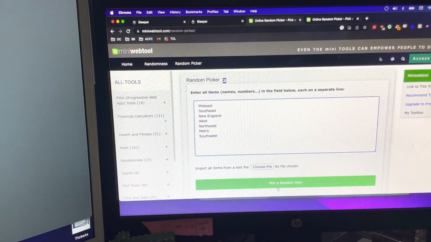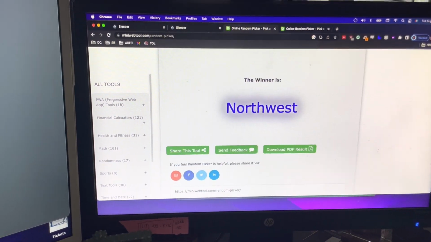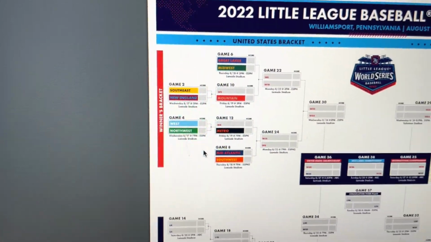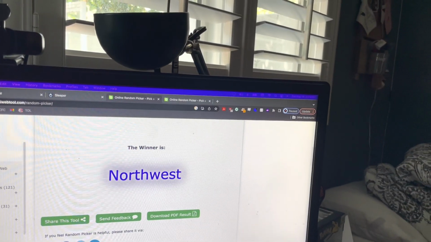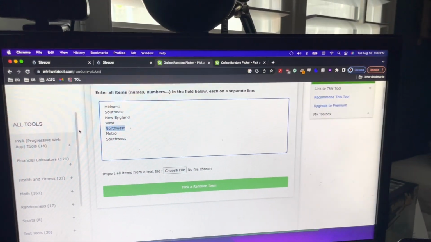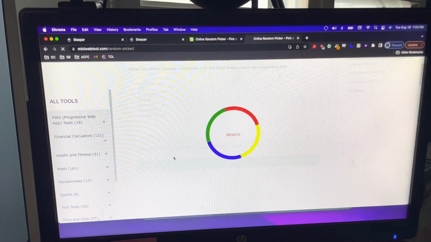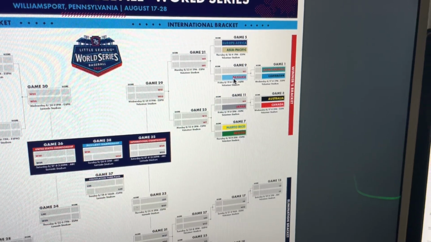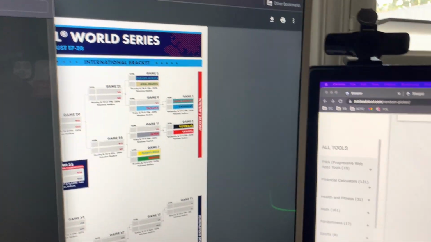Now we're moving on to Jack. Jack got Northwest, which is in the first 8, so in the international bracket, Jack will get a not first 8 team. Jack's international team is Panama, not in the first 8, so that is Jack's international team.